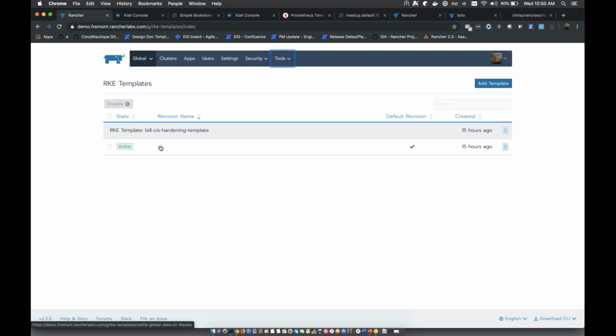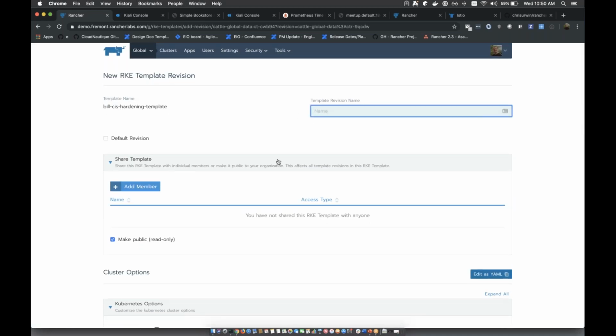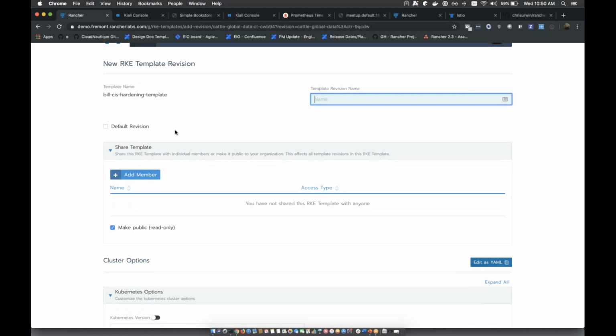We have some features coming in future releases to make it easier to achieve the hardening guide without having to work with your provisioning system as much. But anyway, that said, I've got a cluster template. I can clone a revision, and I can have this, and it will automatically create that. I can share this template with other admins to make it editable. They're public, so